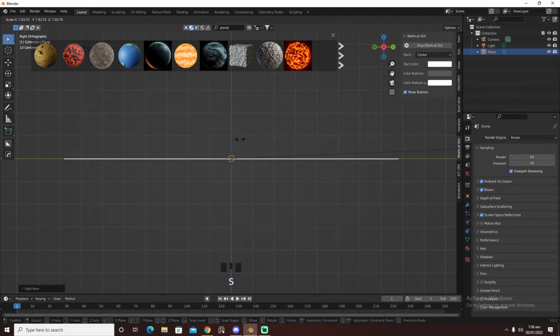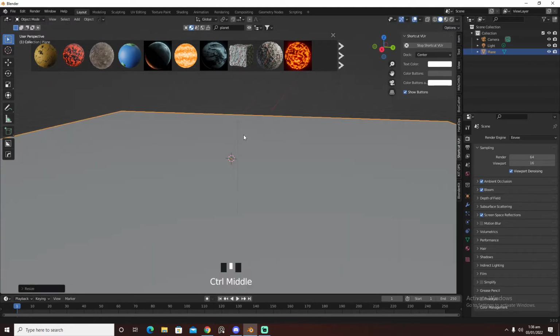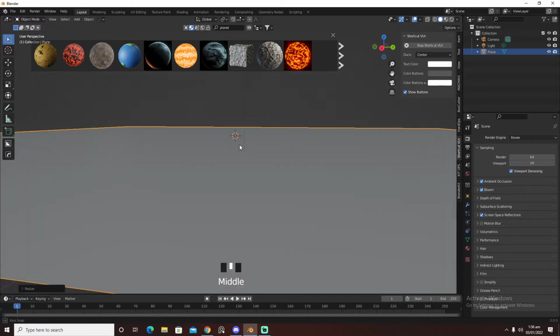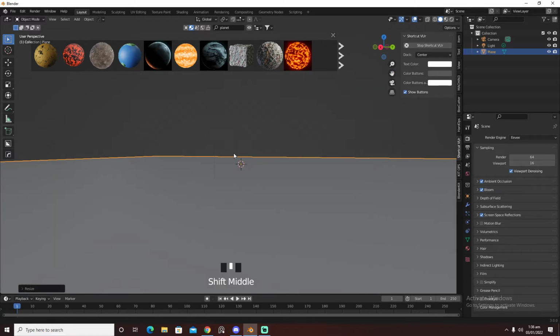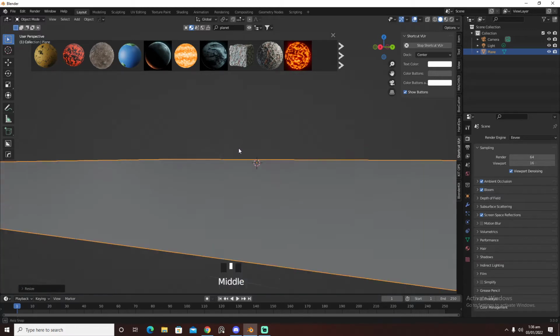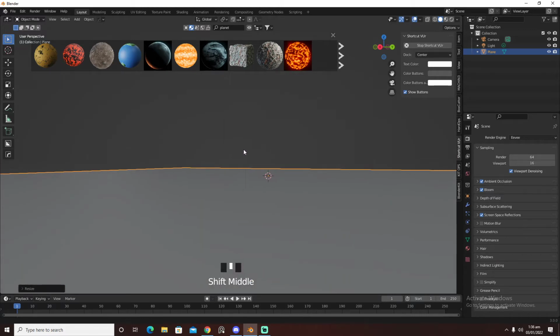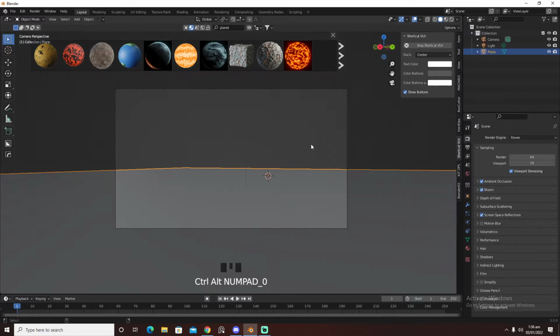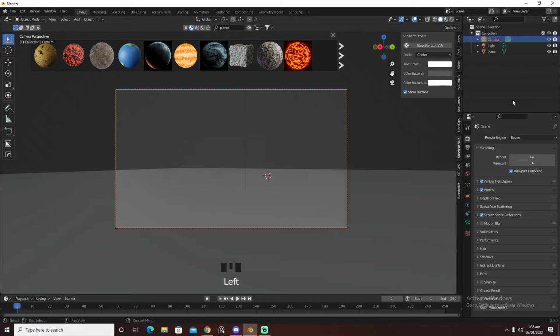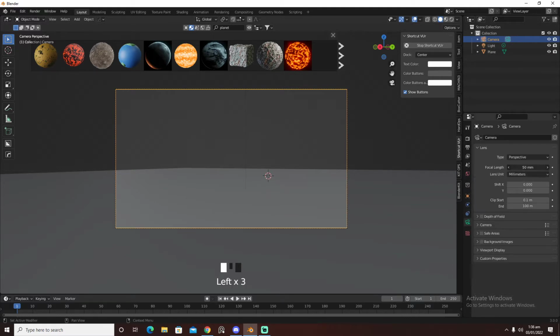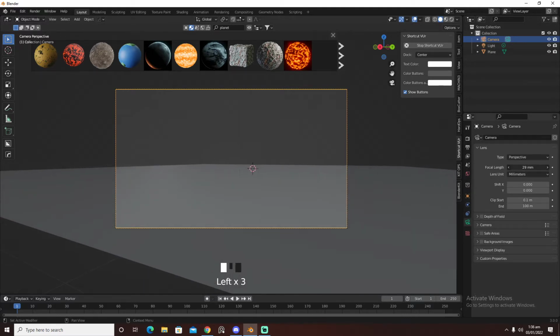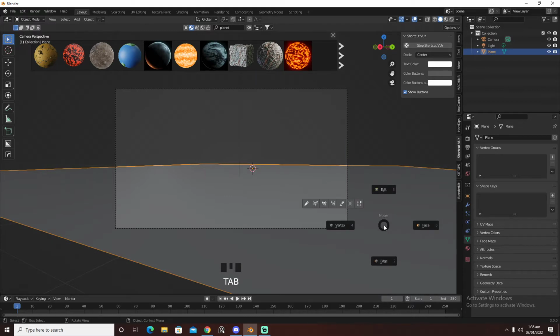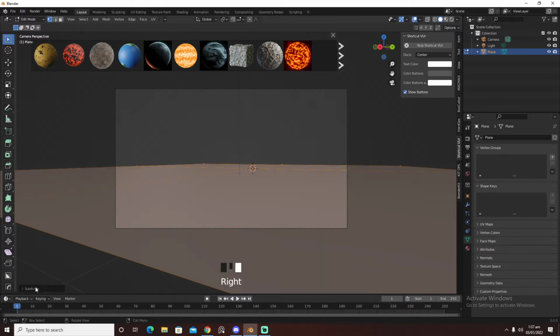I'm going to scale it up and we are going to set up our camera to right about here. Let's turn on cavity for now. Control Alt 0. Let's go into camera and bring it back a bit to right about here. Let's go here and Control A, apply scale, and we're gonna subdivide this by